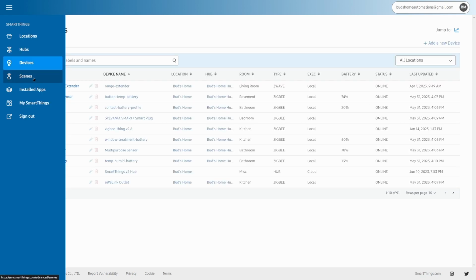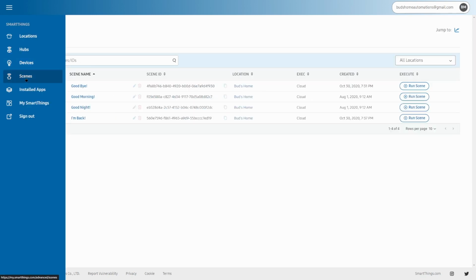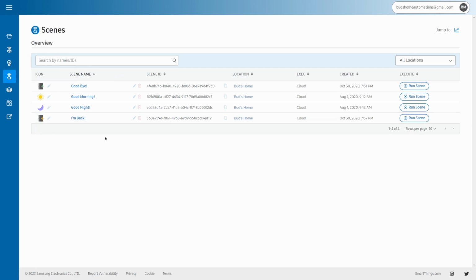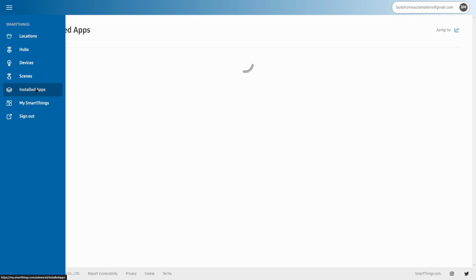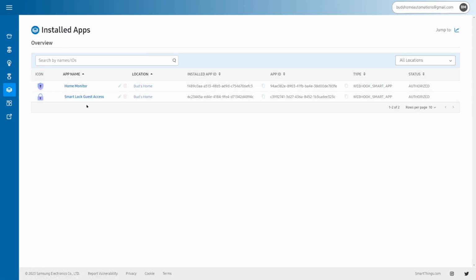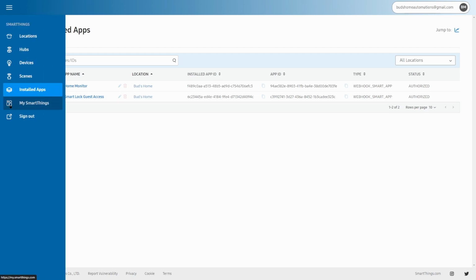Going back to this menu, you can click on Scenes, and I have 4 scenes installed, as you can see here, and you can run those scenes from this location. There's also installed apps. I have the Home Monitor and the Smart Lock Guest Access installed. And then this tab here, My SmartThings, will take you to